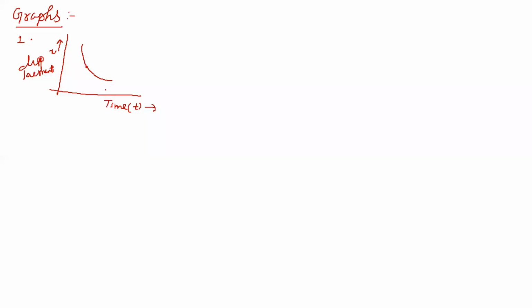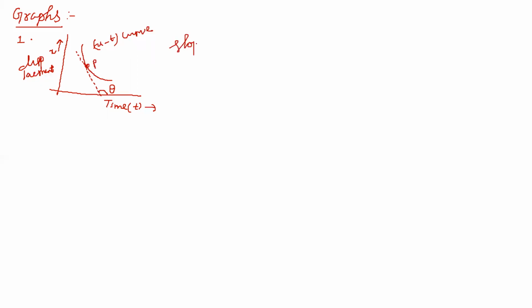But for the instantaneous velocity at a particular time, at this time, what do we have to do, students? Take the slope of the tangent at a point. At this point I want to find the velocity, so I have to draw the tangent. Let it make an angle theta with the positive x-axis. This is the x-t curve, the displacement-time curve, and at this point P I want to find the instantaneous velocity.